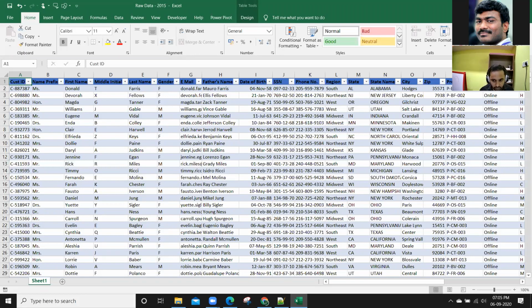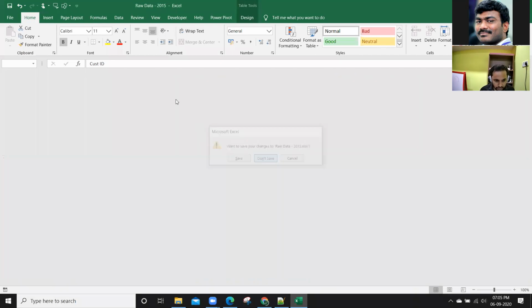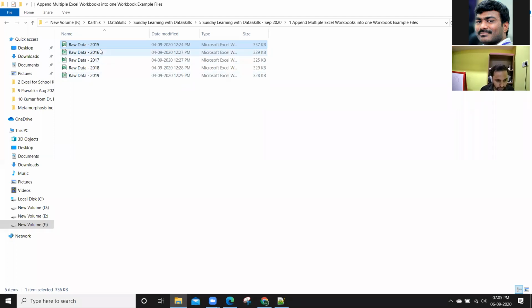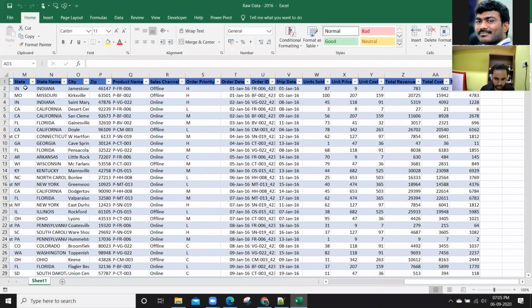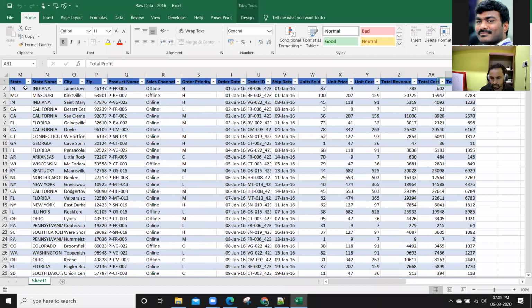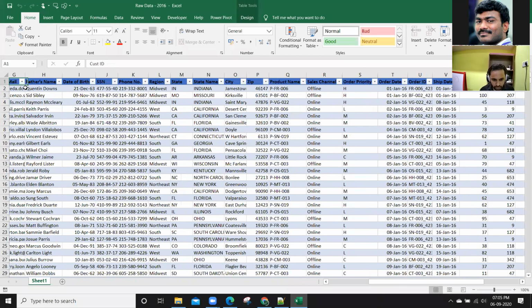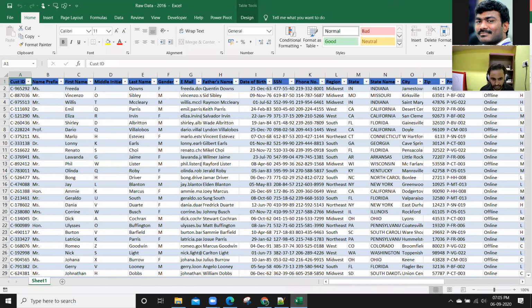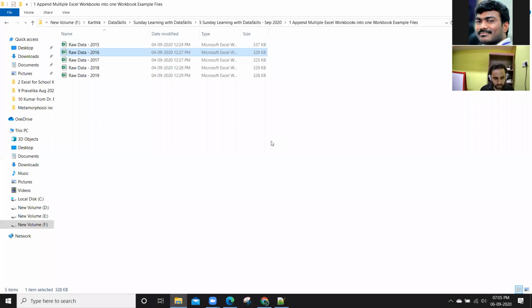So being an Access expert, what is the solution you are going to show? Here, I have the 2016, 17, 18, 19 data sets, all the same. Once I open this 2016, the field names, everything is the same. The number of rows vary. Here also we have the same 28 columns. So this is the data set I have. I need to append all of them into one so that I can insert my pivot table, or I can analyze the data with this. So could you please help us with this problem?